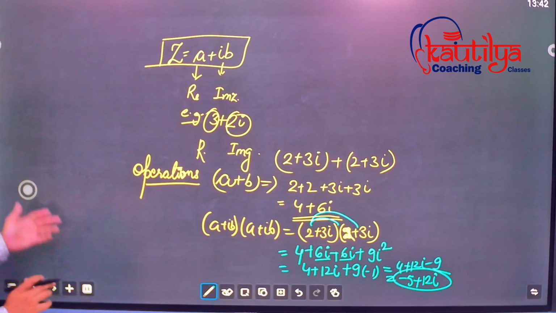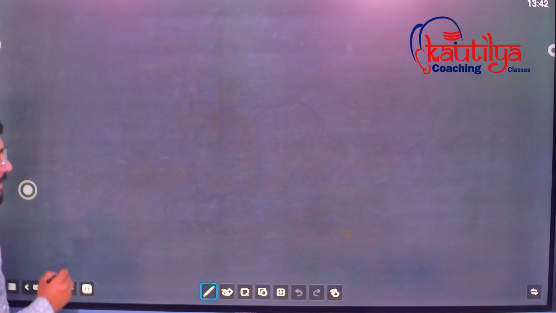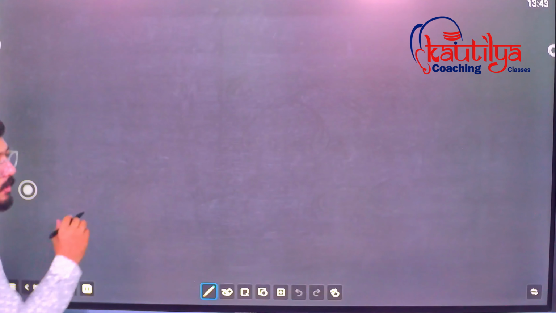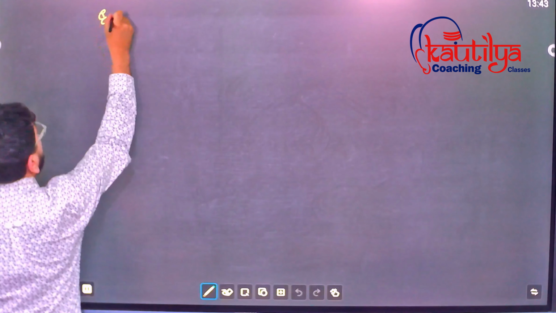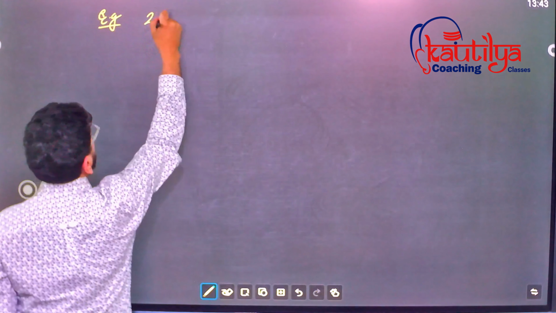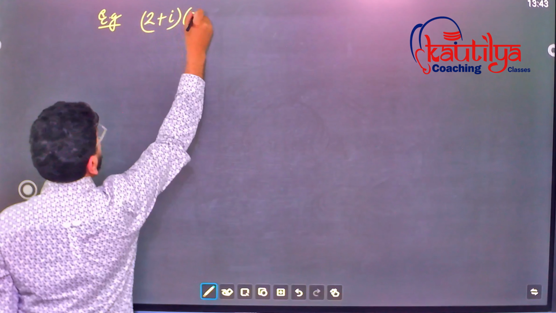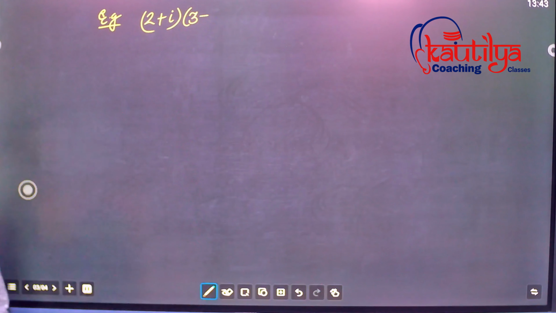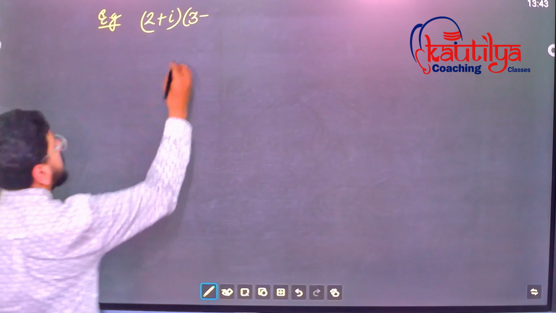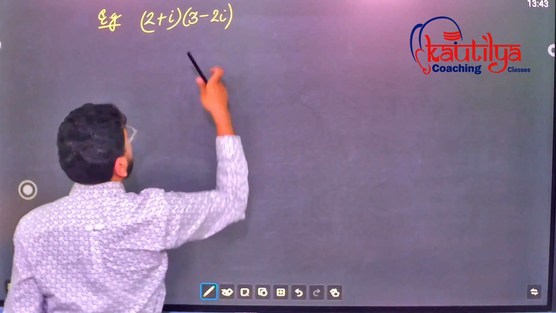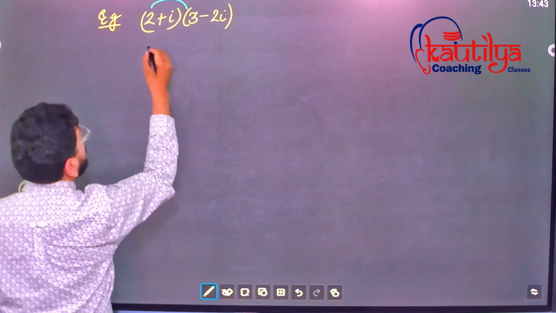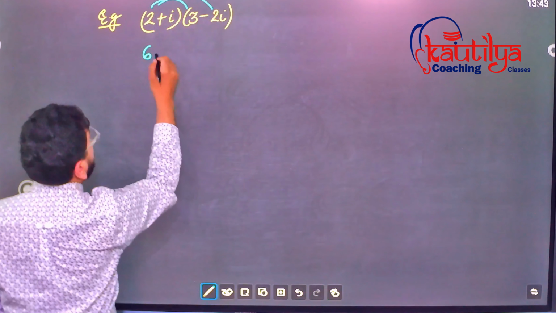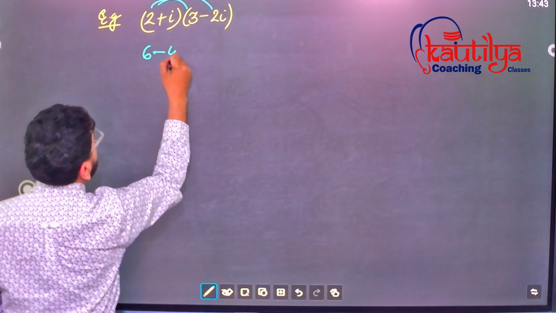If we are just going to take the other example, that is 2 plus iota and 3 minus 2 iota. Okay, so your first step: 2 times 3 is 6, that is minus 2 times 2 is 4 iota